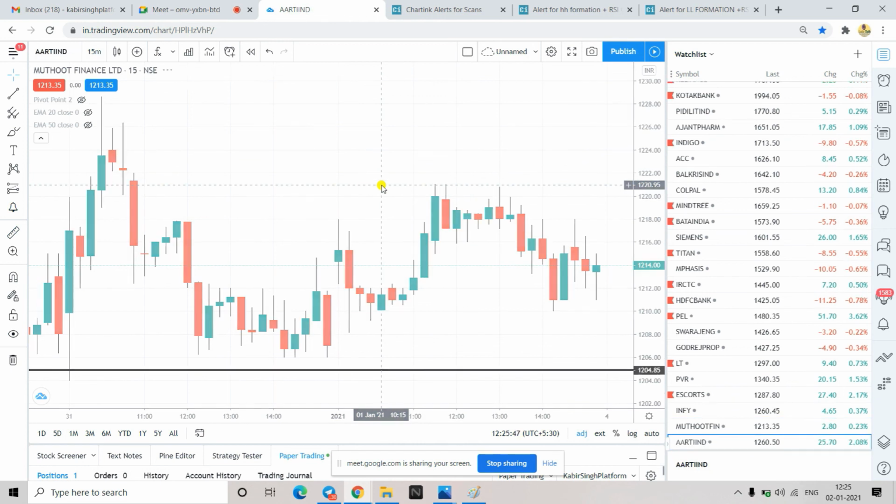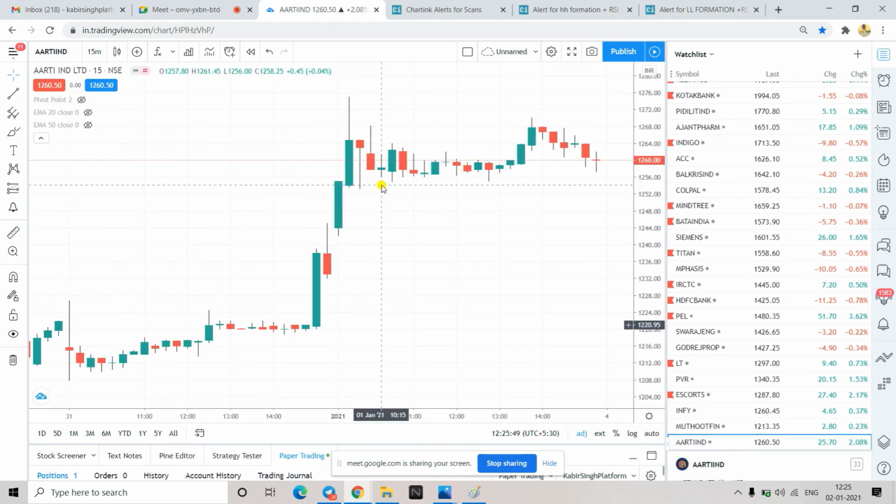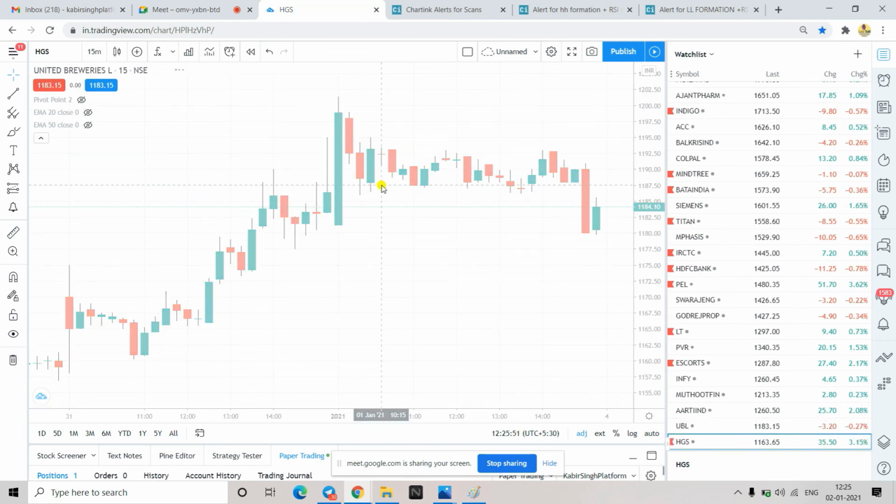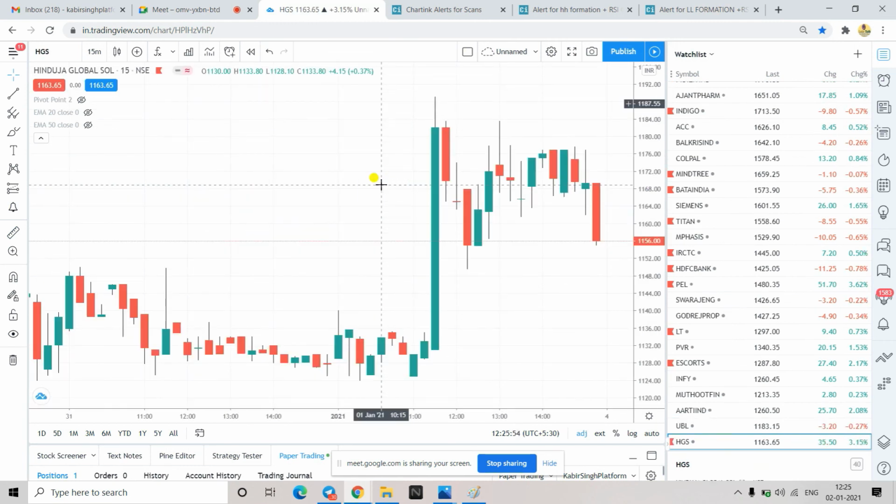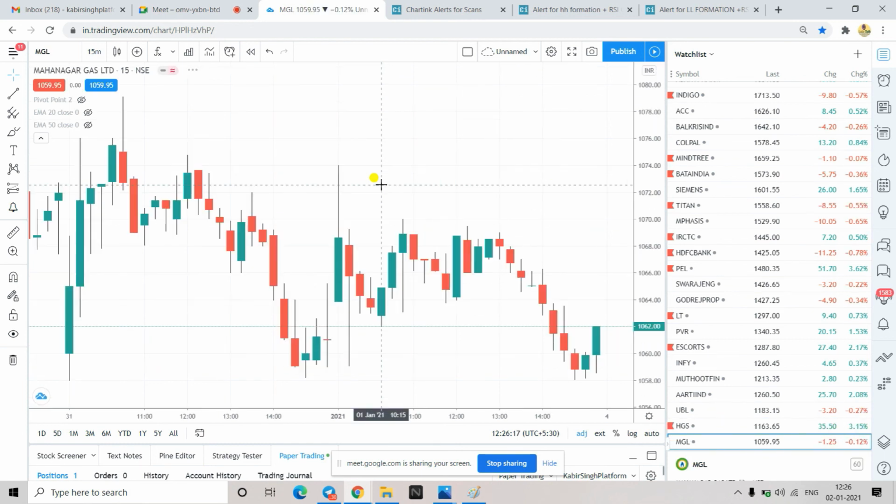This is for intraday only. In intraday you should look for small profits, because most of the stocks will not get good momentum. By the time you take the trade, it will already be 0.5%, around 0.7%. And so if you look for a bigger target, most of the time you will not get that. If your luck is good, like PEL, we had good luck, right? It has gone 2-3% from the entry. So those kinds of scenarios will come.